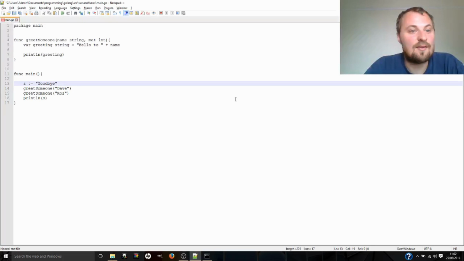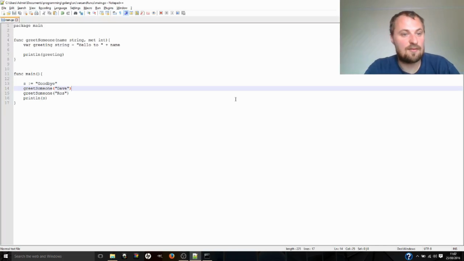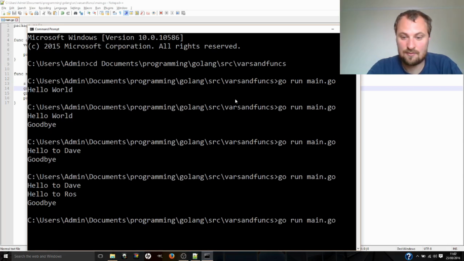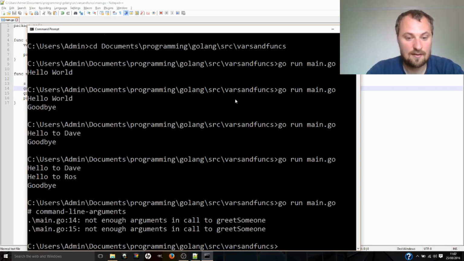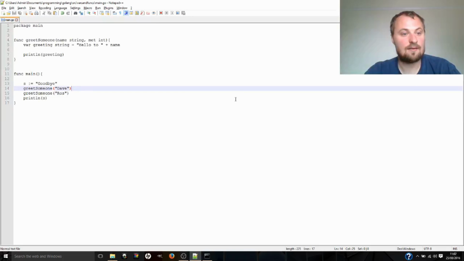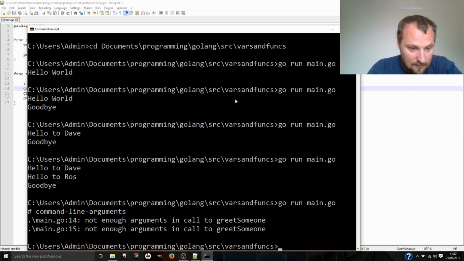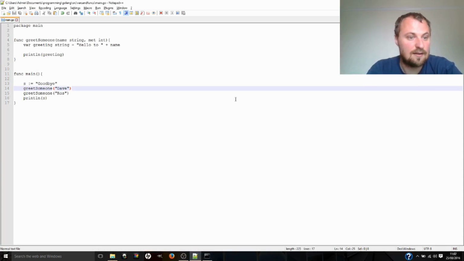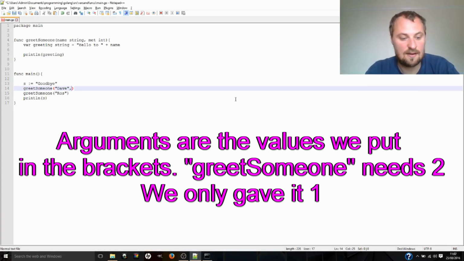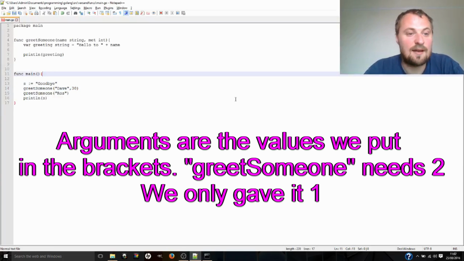So now if we try and run this program, there's going to be a problem. I'll show you the problem first. Not enough arguments in call to greet someone. Because here on line 14 says we needed to put a number in. Not that it actually matters just yet, but maybe I met Dave 30 years ago. It's possible. I mean, I'm 31 years old now, so